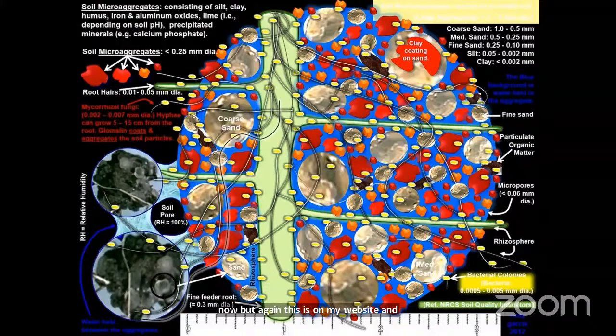There's an article called Nitrogen, the Double-Edged Sword, which has this diagram in it. The green coming down through the centre of that is a fine feeder root, so carbon exudation is more prolific around young, actively growing roots and around young plants. The green bits coming off horizontally from that are root hairs, which are too fine for us to see as a general rule with the naked eye.